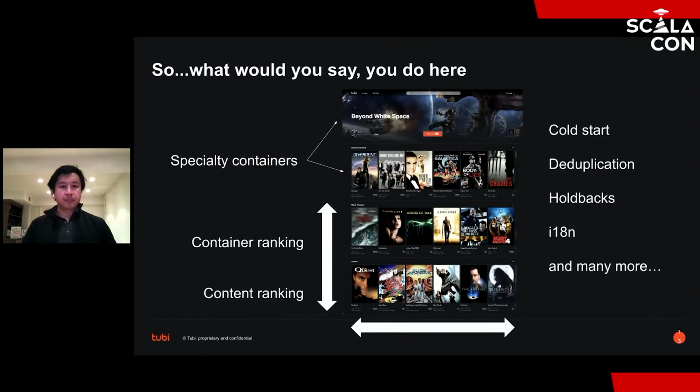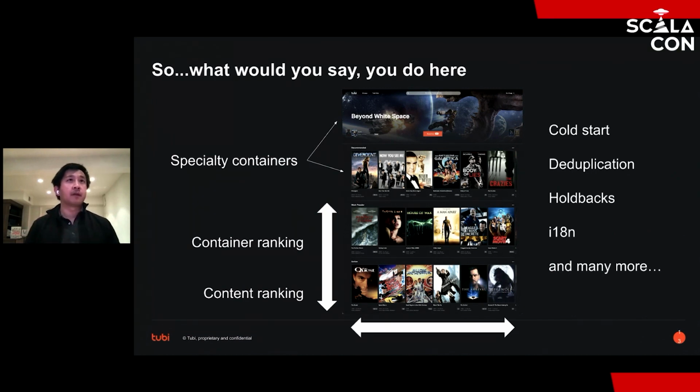All right, so for those of you who haven't looked at Tubi or haven't heard of Tubi before, we're a video streaming service. So one of the big use cases for machine learning at Tubi is personalized recommendations, right? So when you log on to tubi.tv you'll see a home screen, and this home screen actually represents the result of personalization by about 20 or so different algorithms.